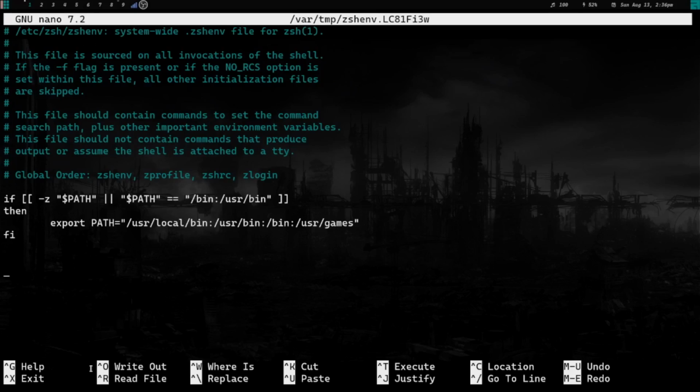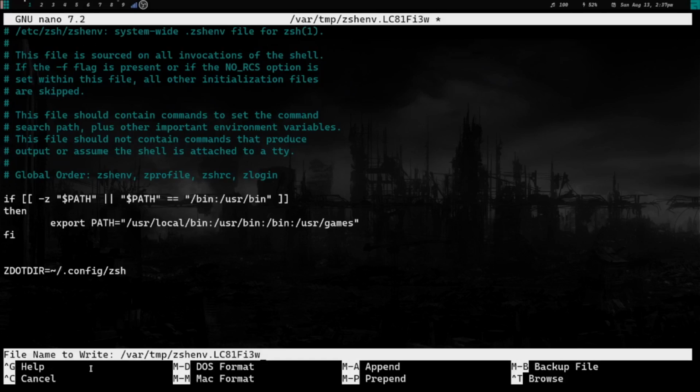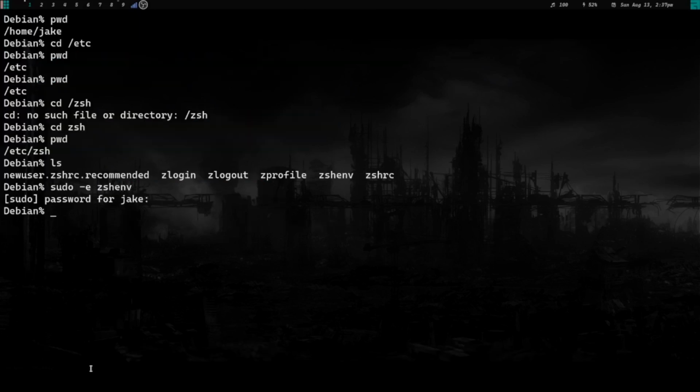And that line is, we're going to do ZDOTDIR, all capitals, equals, no space, and we're going to do $HOME/.config/zsh. That's it. If we do a Control O, it's going to write it in nano, and Control X is going to quit. So now we should have our ZSH shell looking for our configuration file in our